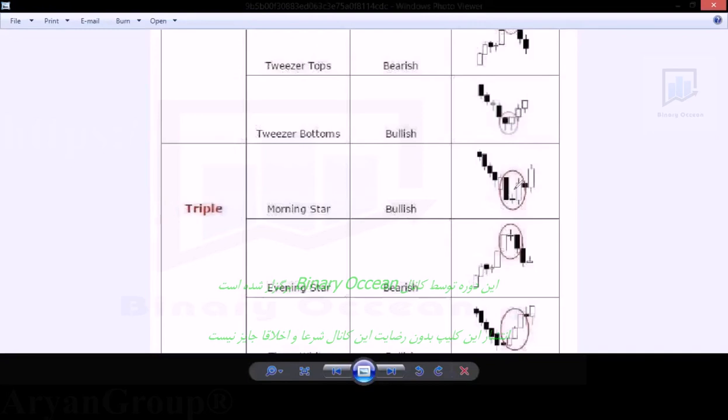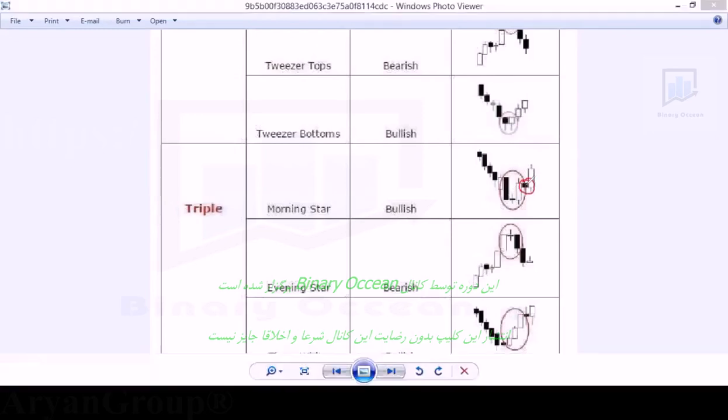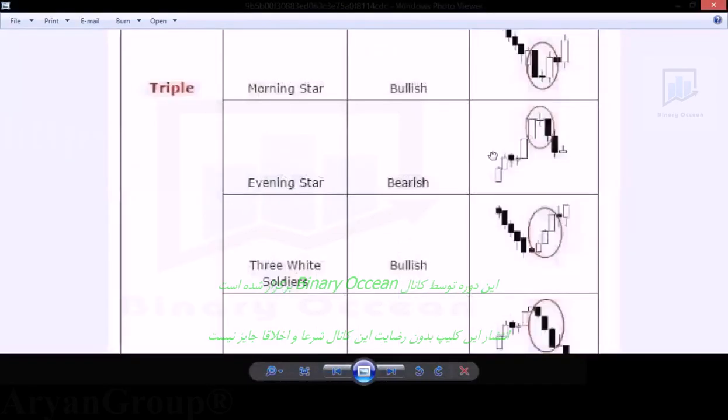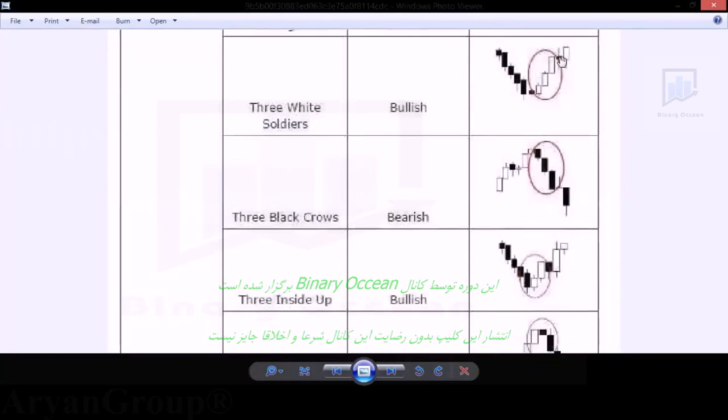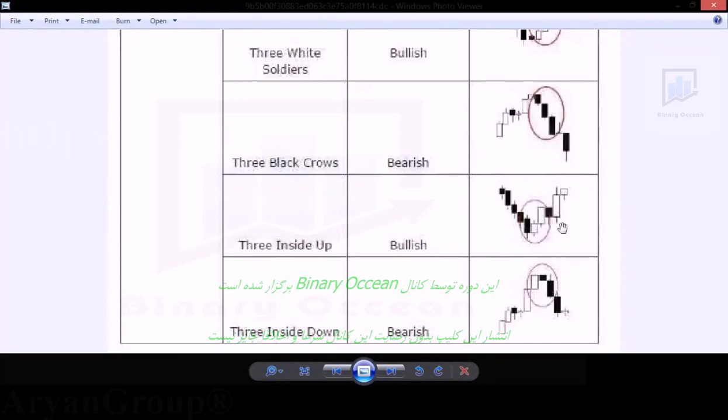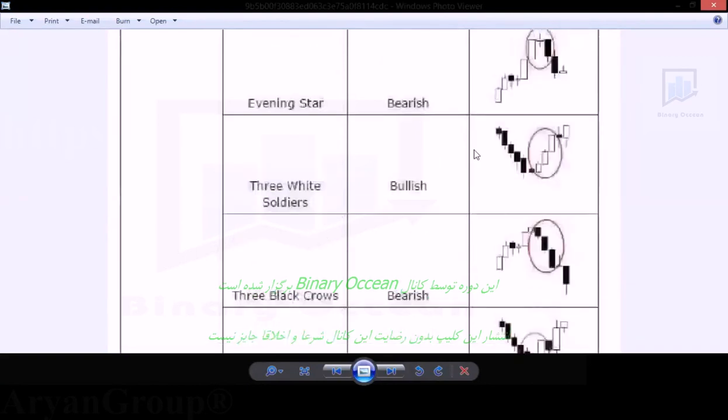Here also, if the candle made a new high like this, then you can enter, even if the candle is a bearish candle after this Morning Star pattern. So here also three white soldiers, you need additional confirmation with a new high, then you can enter into the market. If there is no new high, or if there is no new closing point above the previous candle, then you can't enter into the market. It means the market may reverse. So it may reverse at any time, so you can't enter into the market.